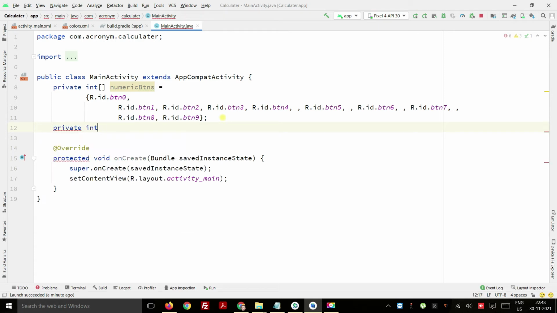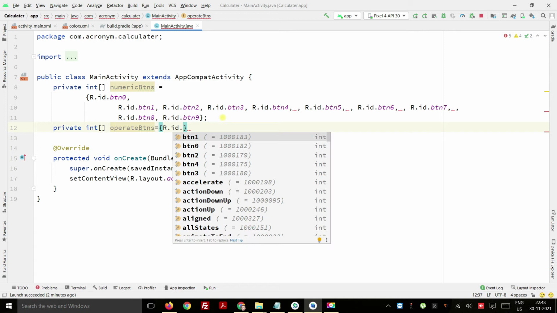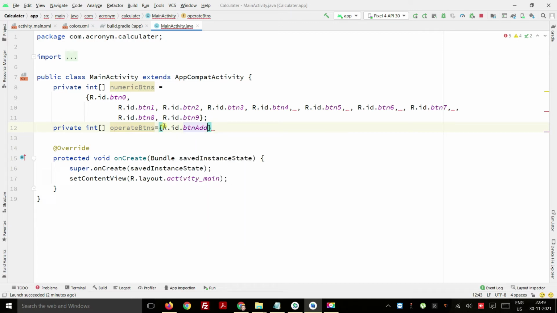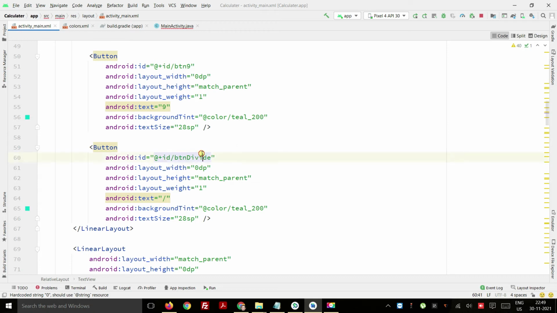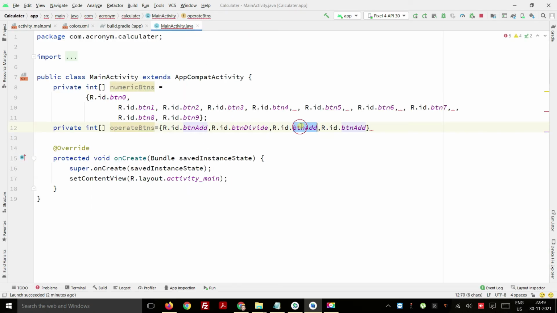So I will again define it, int array equals, where I will put the IDs of the operate buttons like this: R.id.button add, and the same thing here, whatever IDs we have defined, button divide, then button subtract, button multiply. So we have defined the IDs.